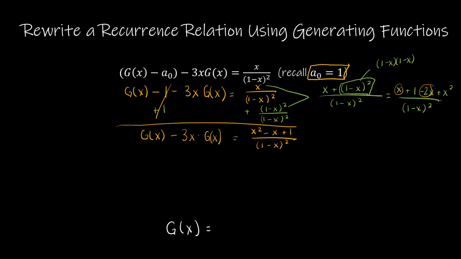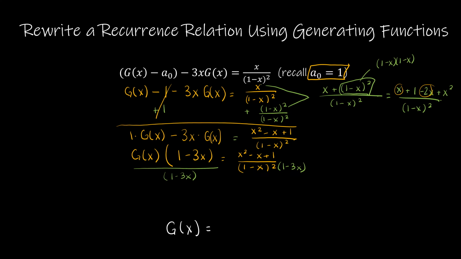What's next? Well, again, my goal is g of x by itself. So this is 1 times g of x, and then minus 3x times g of x means I can write this as g of x times 1 minus 3x is equal to everything here on the right side of the equation. Nothing's changed on the right side for this particular step. And then the next step is to divide each side by 1 minus 3x,